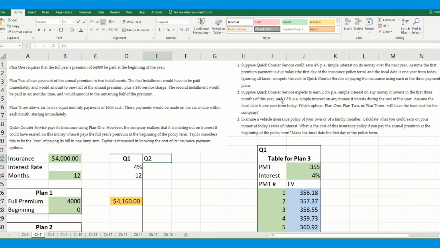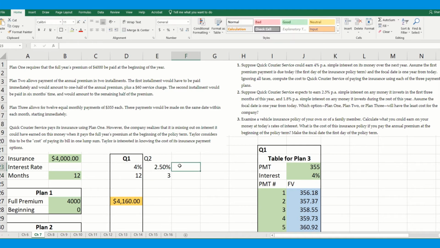So suppose Quick Courier Service expects to earn 2.5% per annum simple interest on any money it invests in the first 3 months of the year. Okay, so let's just put that here. So it says it's going to earn 2.5% for the first 3 months of this year and